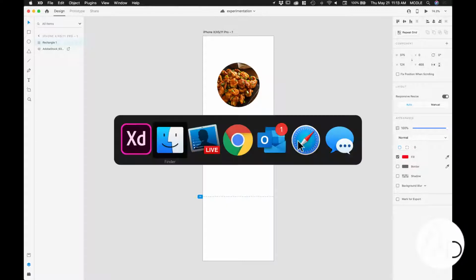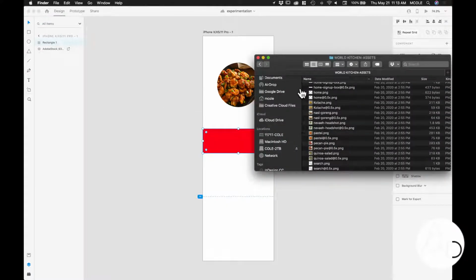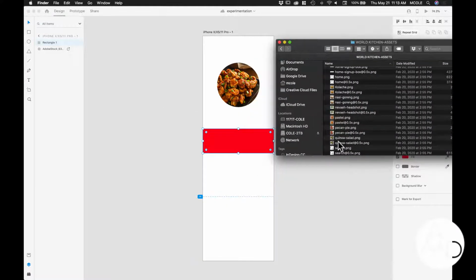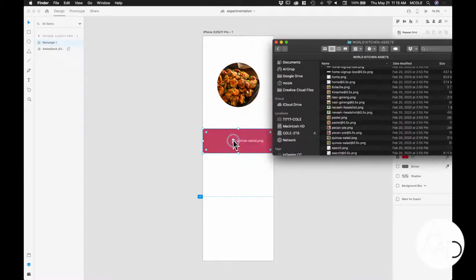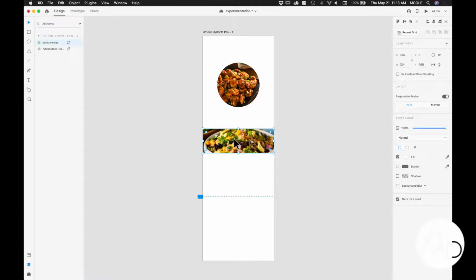So I've got a rectangle here, and so we'll say I'm at the point I want to start dropping in pictures. Go find that quinoa salad with that rectangle selected, drop it, and there it is. It's inside of that. The file type does matter for XD, since you're designing